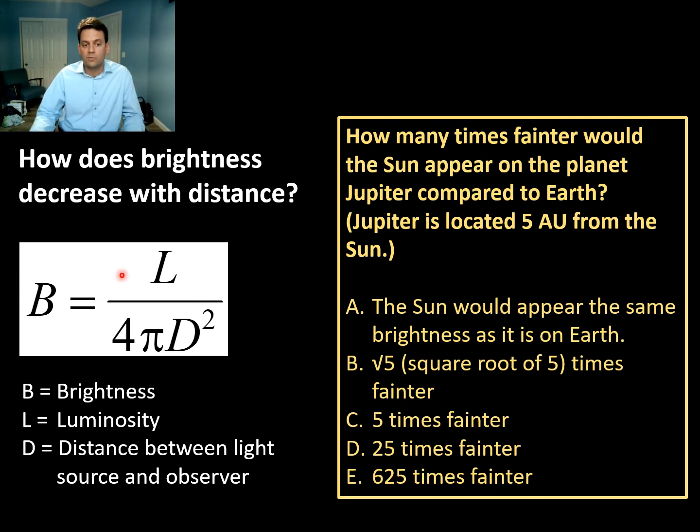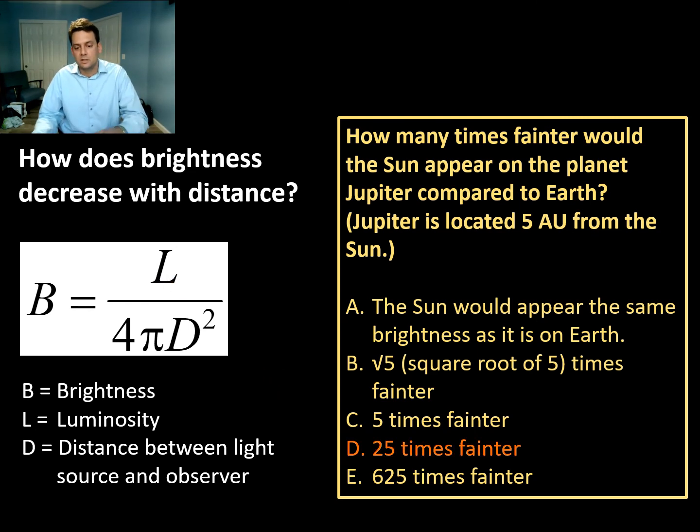And since that's in the denominator of this fraction, when you're calculating the brightness of the sun at Jupiter, you get the same luminosity because the sun is the sun. Whatever energy per second the sun is giving off, that's the same number. The only difference, if you're calculating the brightness on Earth or on Jupiter, is that d is 5 times bigger on Jupiter. So you're dividing by 25,